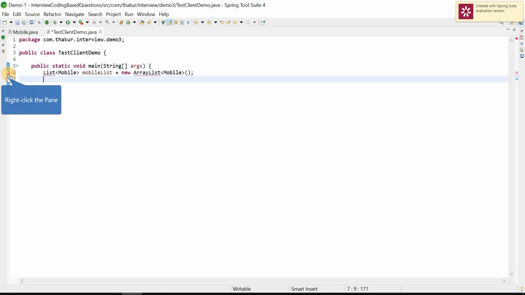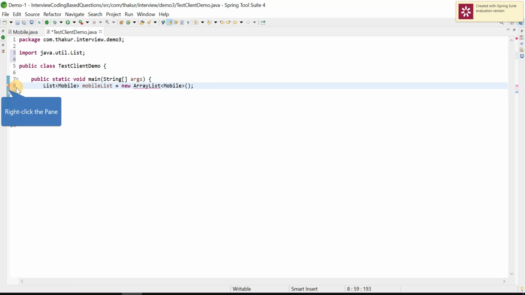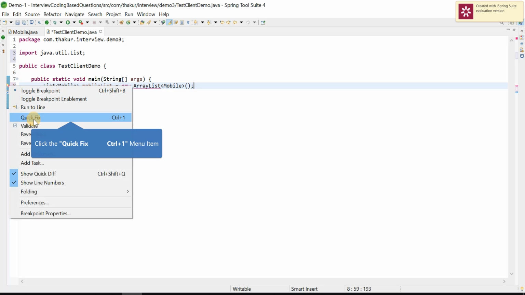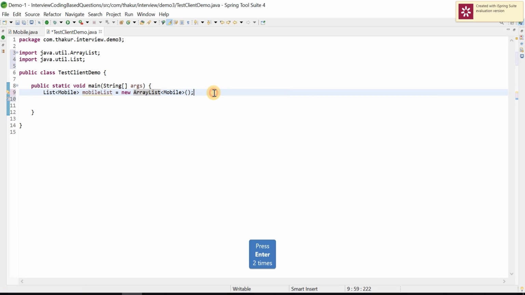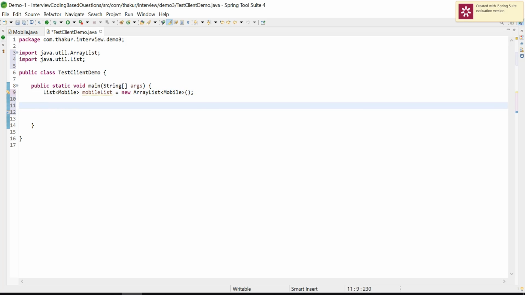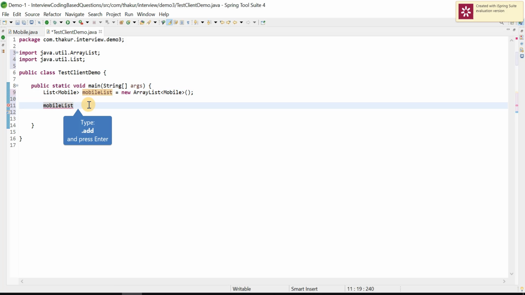Let me implement the list interface, import, okay, quick fix, okay. So we have the list, mobile list. Now I will add the object, new object, okay. So mobile list dot add, so new of